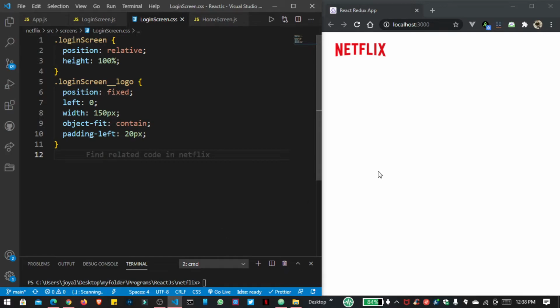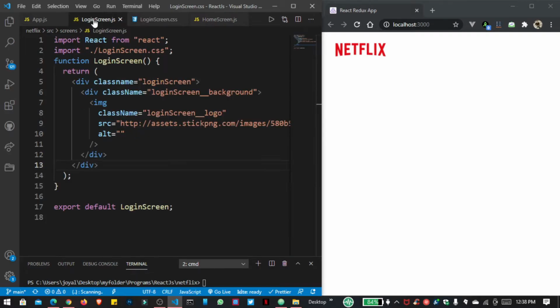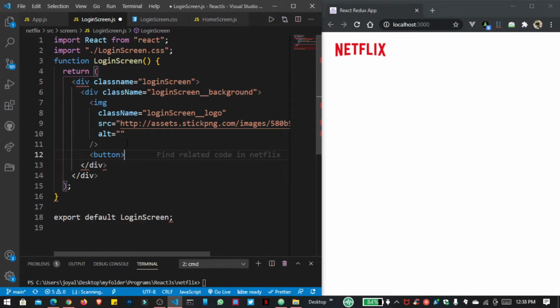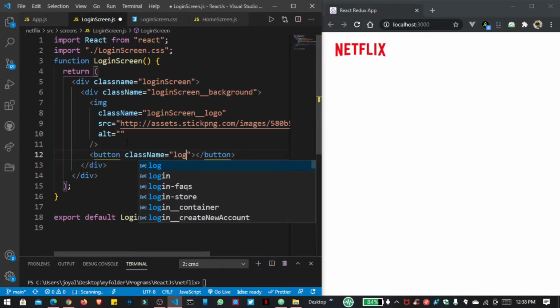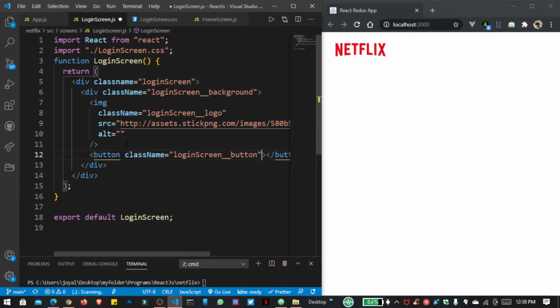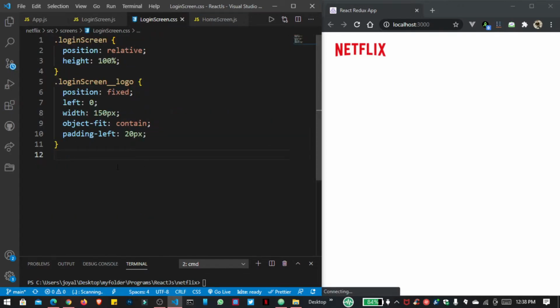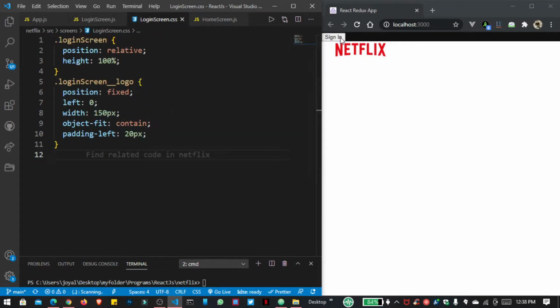Now I want to show the button here at right hand side. So first of all, go inside our login screen.js, and after this image tag I want to use the button tag, and the class name is login screen button, and I want to show the text that is sign in. So here you can see the nice button is added, and now let us apply the CSS